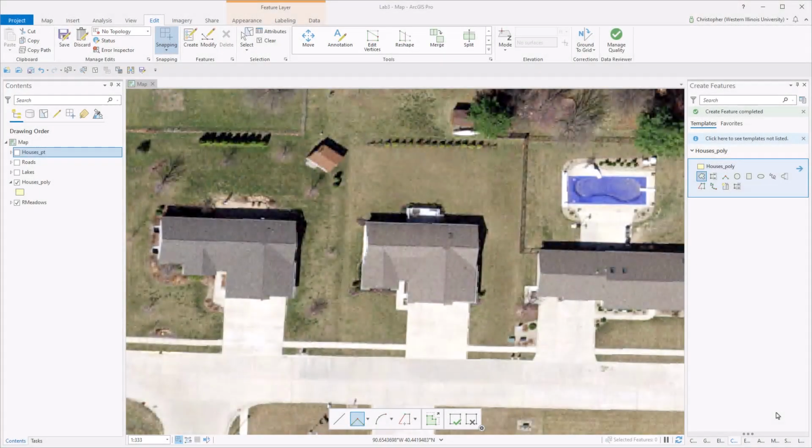In this walkthrough, I want to take you through a couple other elements that come into play when you are digitizing polygons in general, but in particular houses or other structures where you are using aerial imagery to determine the shape of the feature. First thing for you to be aware of is that when you are using aerial imagery, you're taking images from a plane, in this case sometimes drones or satellites and so forth, that are flying above the ground, and in some cases the structures are directly below the plane,